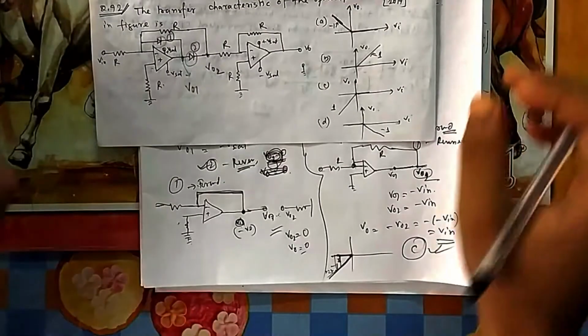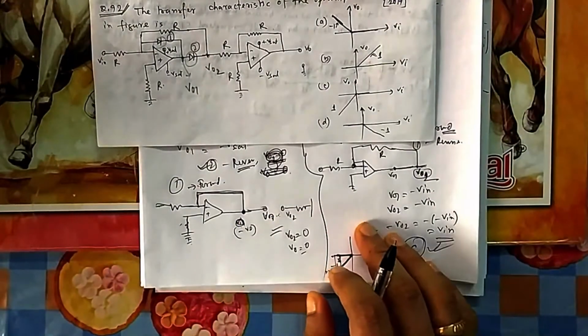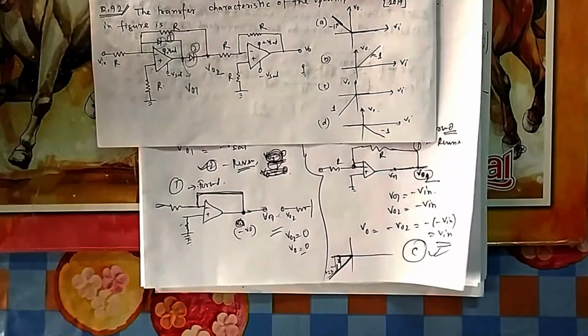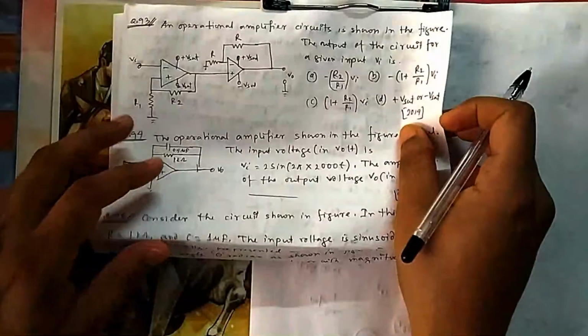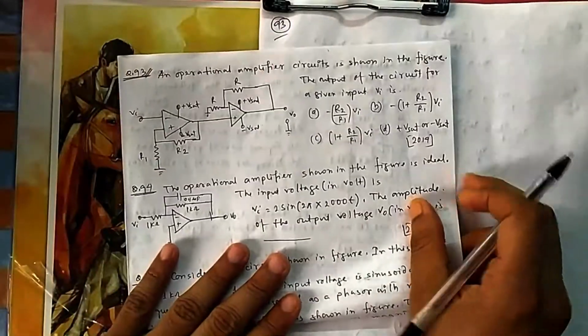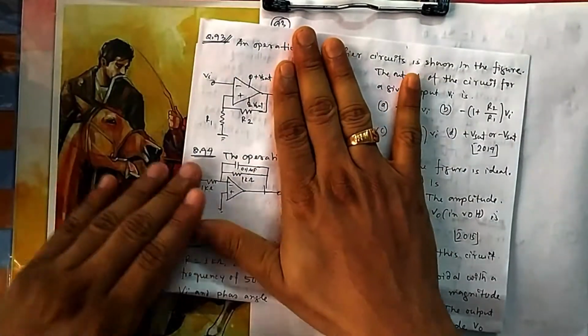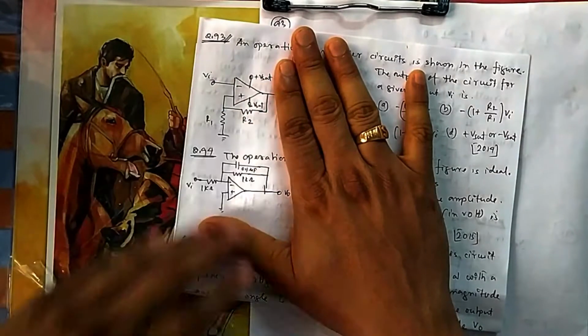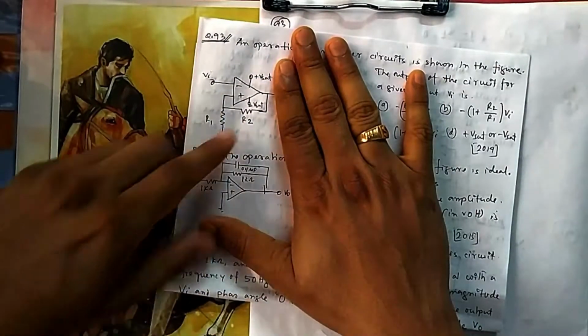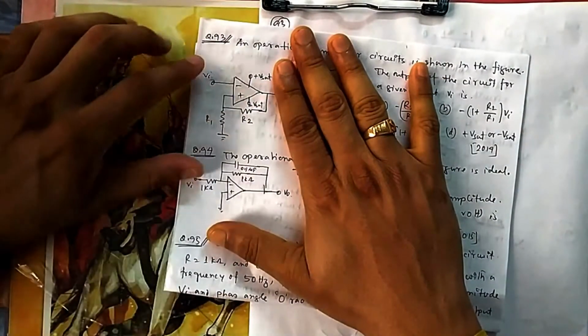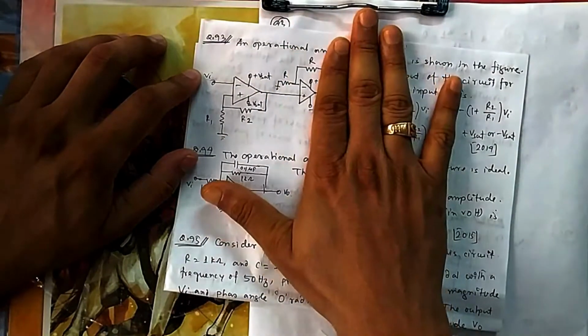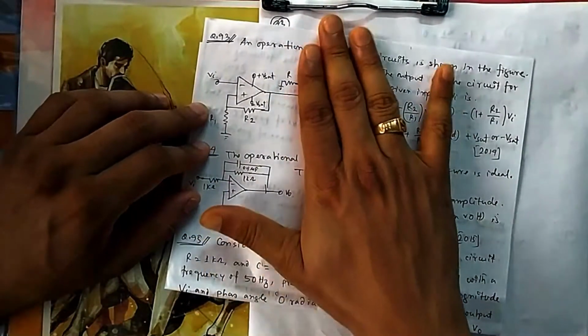So you remove the diode and check whether it is forward biased or reverse biased, then you will start proceeding with the other things. So again in 93, what they are doing, there are two operational amplifiers, so you will do them one by one. First you will do this one, then you will come to the second one. Now this is not a negative feedback, so obviously it is a comparator. Your V in is here, and they have not given anything about V in.